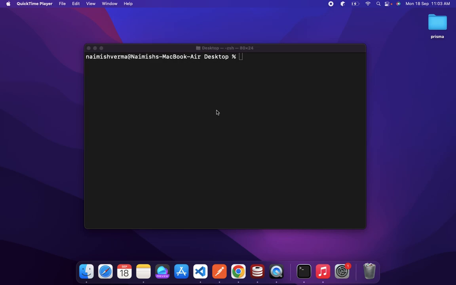Now let's go ahead and set up the project. So I have my terminal open and I'm in my desktop folder. You can create the project in whatever folder you want. I'm creating it on the desktop. So first of all, I will create a directory. I will say mkdir e-commerce,